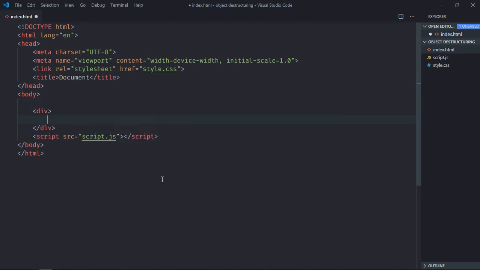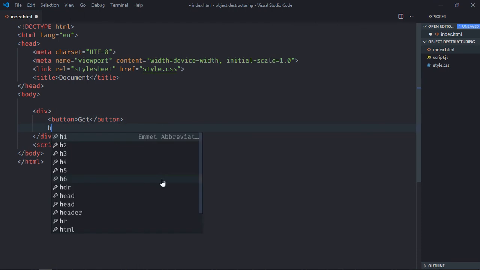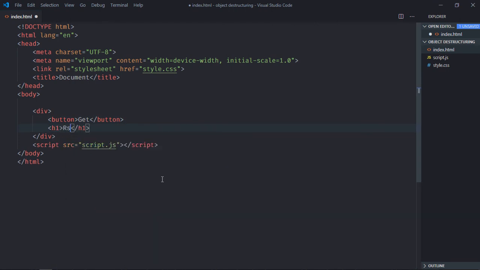We need one div element, one button. Let's make it get. We need one h1 element. Let's make it result. Save it, go to style sheet,